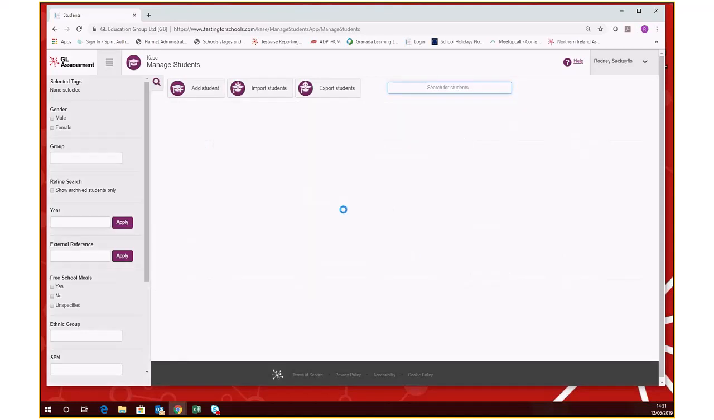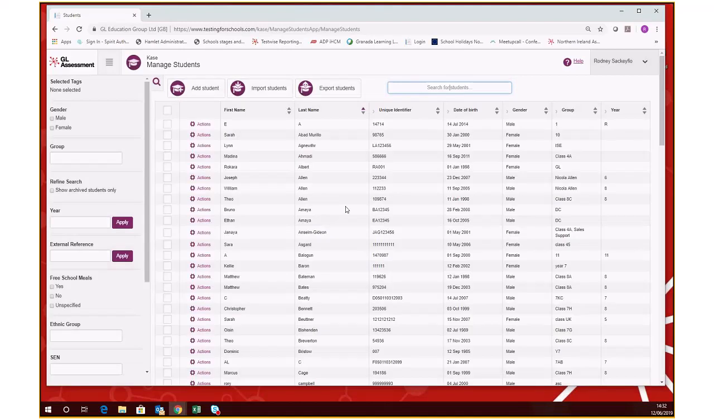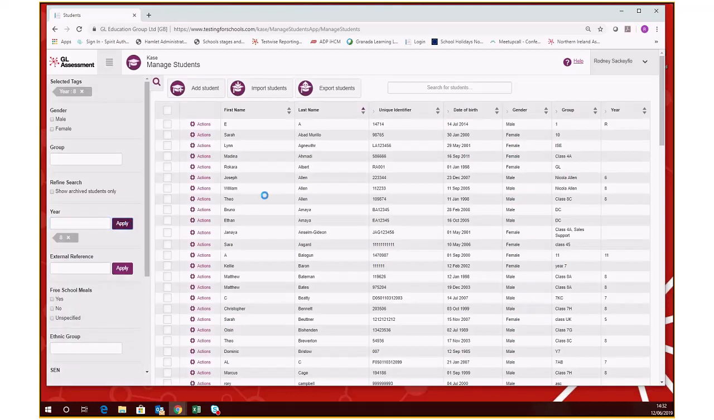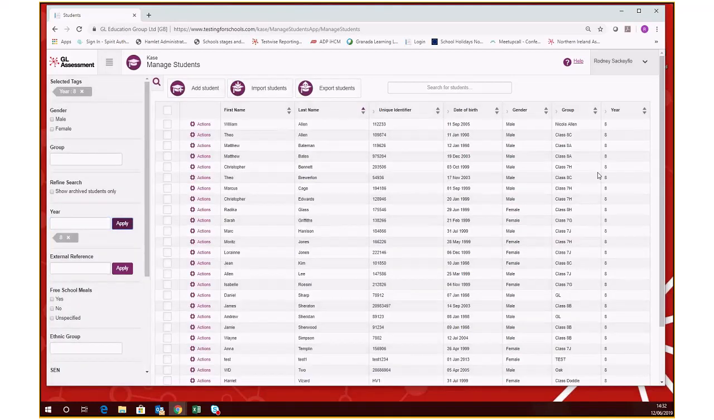Okay, so now within the student section as well, you can filter your students if you want to look for a particular student, or as I said, if you also wanted to remove a particular year group, if you were trying to update your platform and had previous students on there, you can filter by the year group. So on the left hand side, you can click on the year box, type it in there, type in the year number, click on apply,